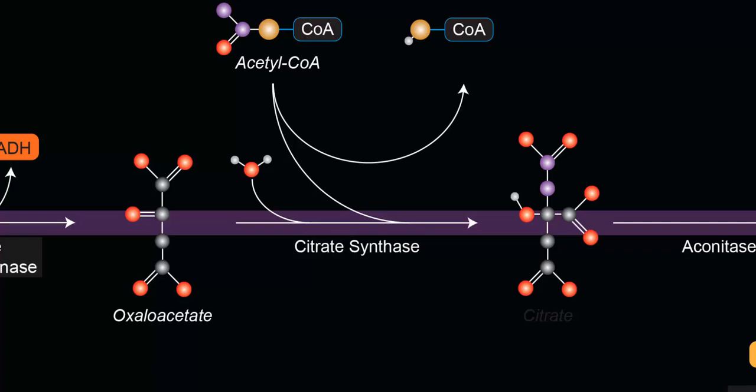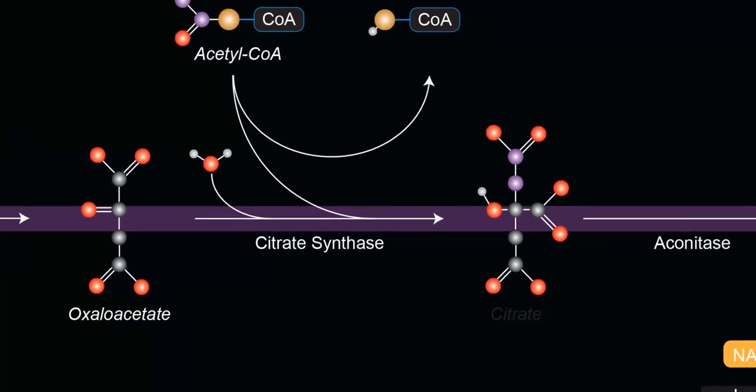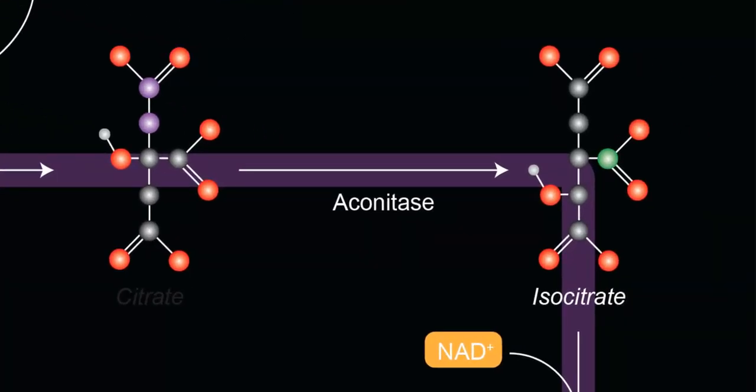as citrate synthase. Oxaloacetate is a 4-carbon unit, and we merge this 4-carbon unit together with a 2-carbon acetyl group from acetyl-CoA, and we end up with a 6-carbon tricarboxylic acid. This is known as citrate or citric acid. Citrate then gets isomerized. We simply move the position of the alcohol group from C3 to C4, and we go from citrate